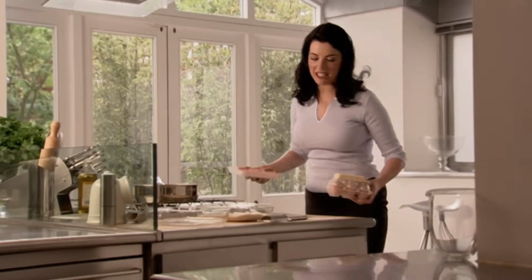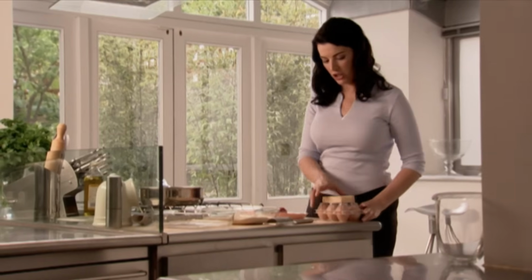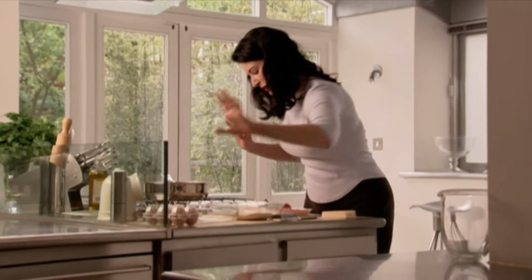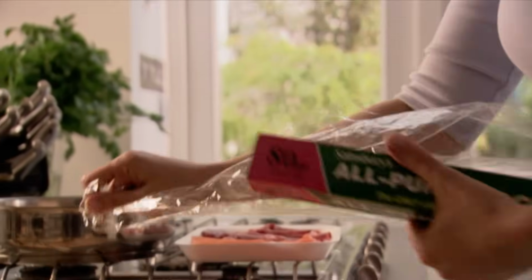So I'm going to fry some lamb chops alla romana, or at least dipped in egg, breadcrumbs, and then fried in olive oil till very, very crunchy. First of all, because there is always room for a bit of brutality in the kitchen, a bit of cling film,